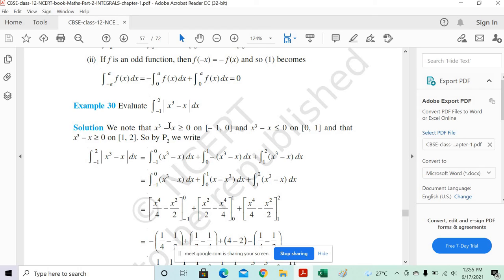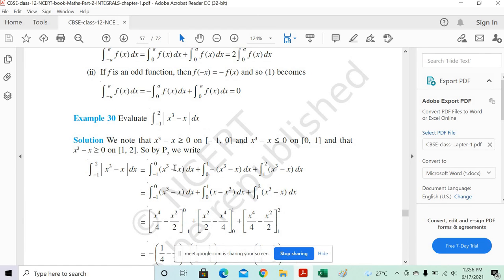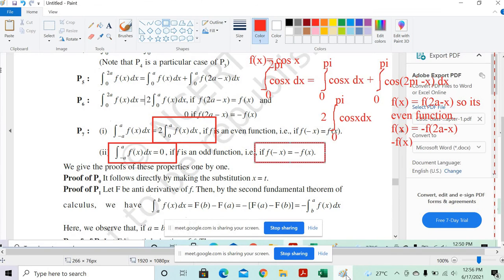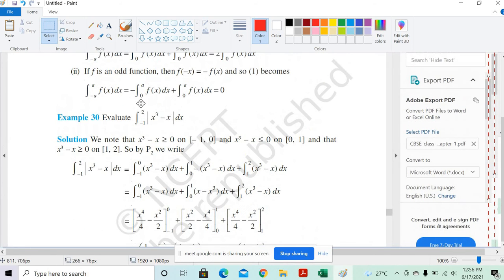Right? Okay. So the method is that we need to find the limits in which this is negative. Because if this term is negative, then you have to multiply with minus 1, isn't it? Yeah. So that is what you need to check. So x cube, since we have not done this part, let me just tell you how exactly to do this kind of question. Whenever the absolute value comes in, how to solve these kinds of questions, let's try to understand, okay? Yes, sir.